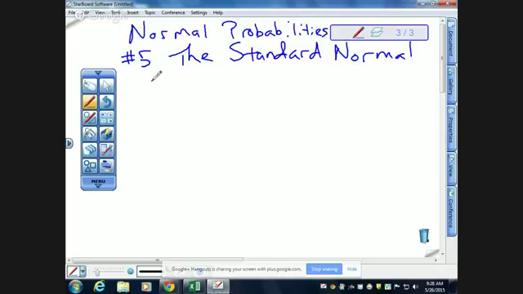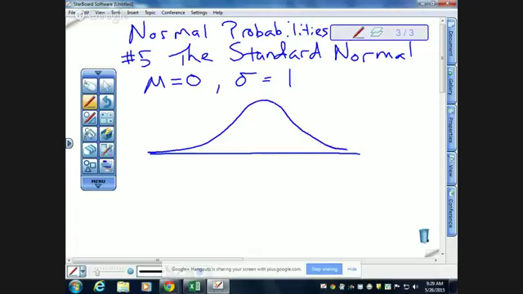What is the mean of a standard normal distribution? The standard normal, it's 0. And the standard deviation? 1. And the standard normal is a distribution of z-scores. So this would be the z-axis. 0 is always in the middle. This would be about 1, 2, and 3 standard deviations, and -1, -2, -3 over there. And we were asked